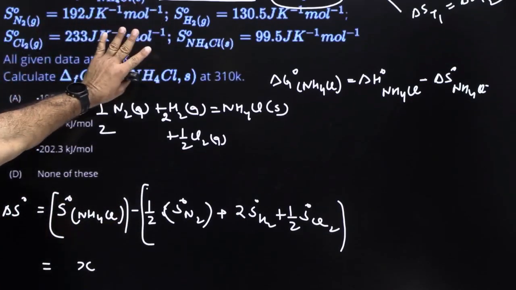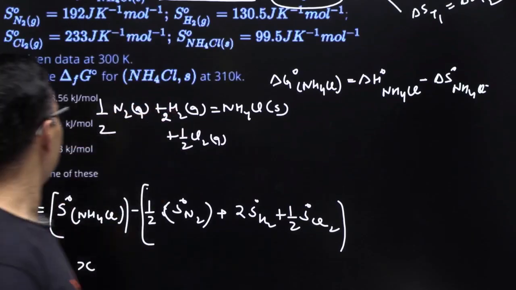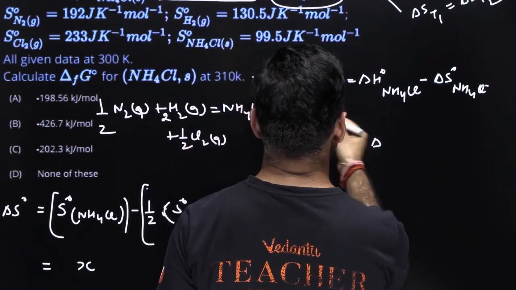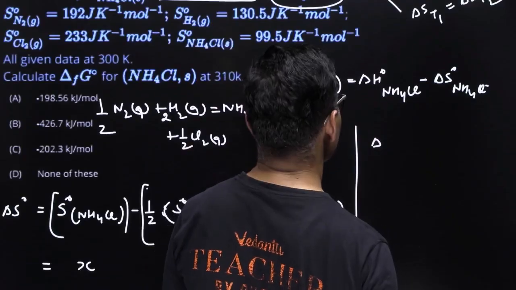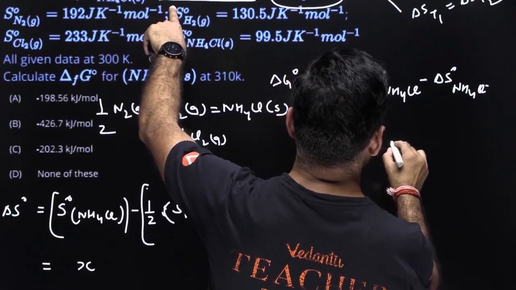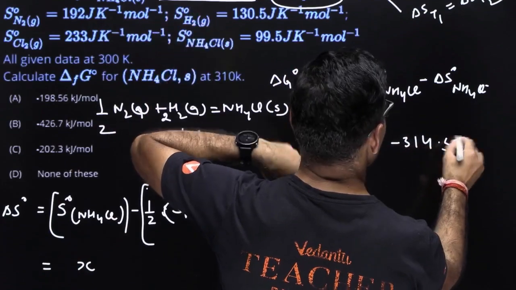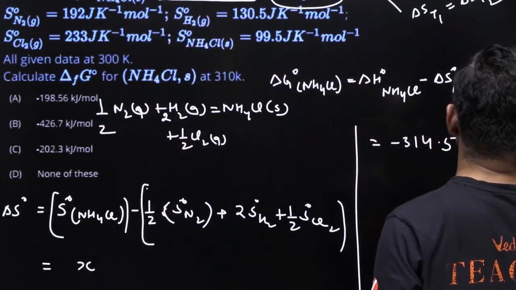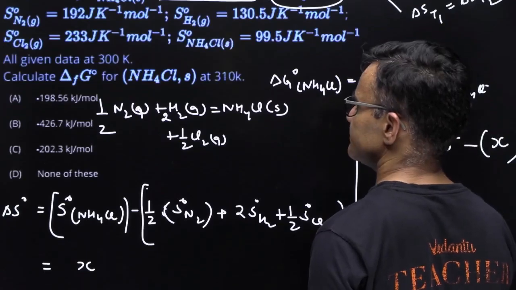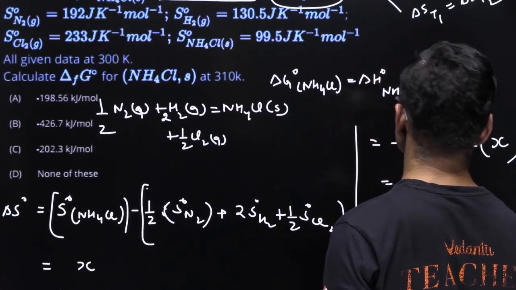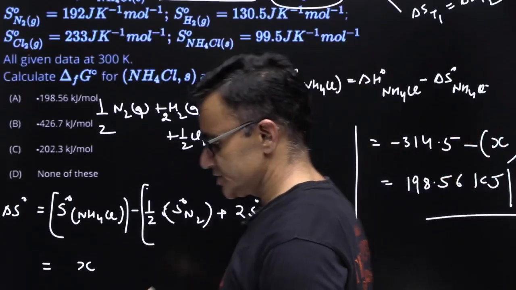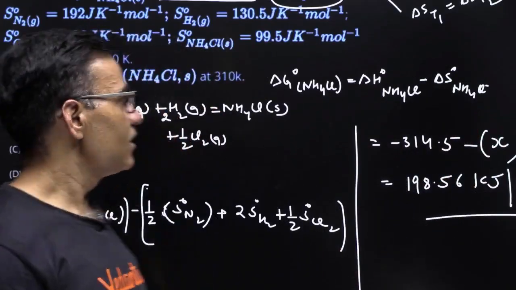डेल्टा H नॉट ऑलरेडी क्वेश्चन में गिवन है और हमें डेल्टा G नॉट निकालना है, ऑलराइट। तो यहाँ से आप सिंपली यही वाला फॉर्मूला लगा दो, डेल्टा G नॉट इज इक्वल टू डेल्टा H नॉट जो कि क्वेश्चन में गिवन है, डेल्टा H नॉट माइनस T डेल्टा S नॉट, आप ये वैल्यू निकाल के रख देना, तो यहाँ से जो वैल्यू निकल के आती है ना, दैट कम्स आउट टू बी 198.56 किलो जूल पर मोल, ऑलराइट। जस्ट कैलकुलेशन जरूर है इसमें, जिसकी गलती आप नहीं करोगे तो आंसर आपको जरूर मिलेगा।